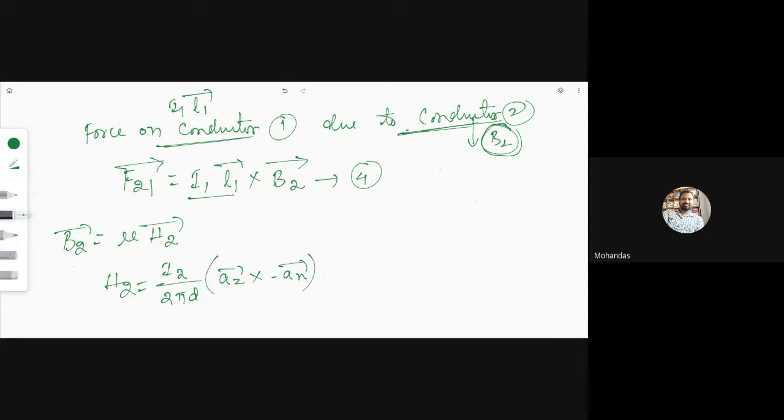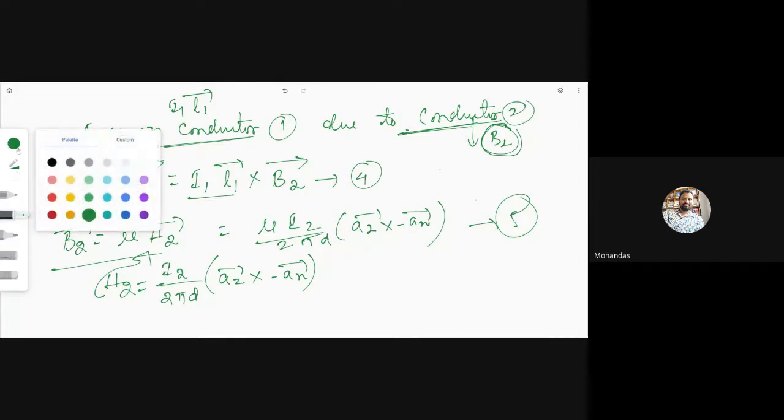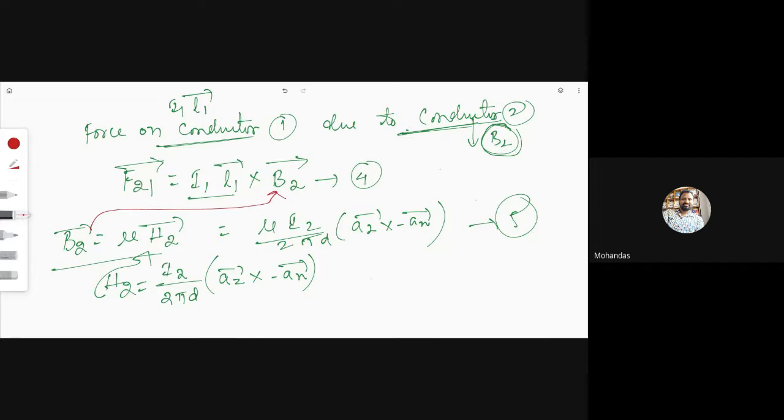Then B2 equals mu into I2 by 2 pi D, AZ cross minus AX. So this is equation 5. Now substitute this B2 in equation 4: 5 in 4 implies